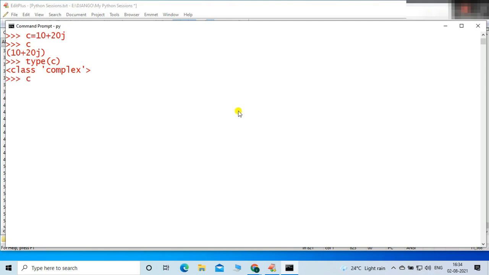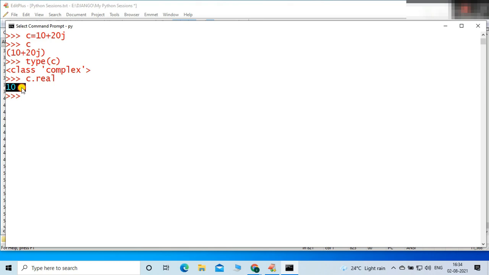So I must use the variable C followed by a dot, and just type real. C dot real. Enter. You can see 10 is the value.